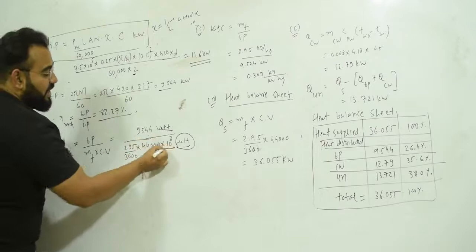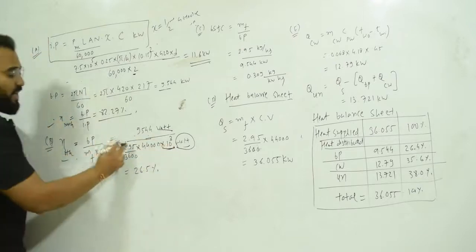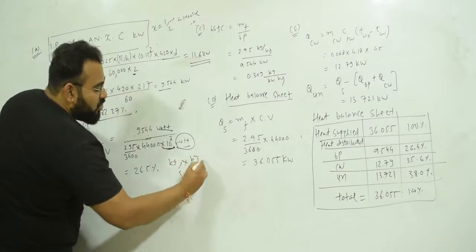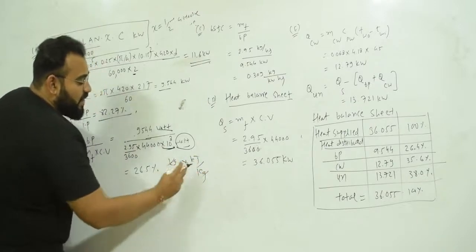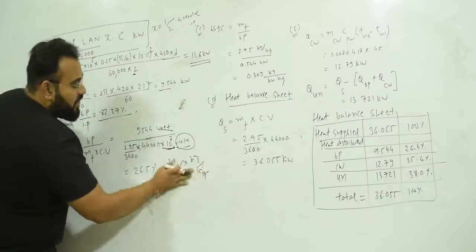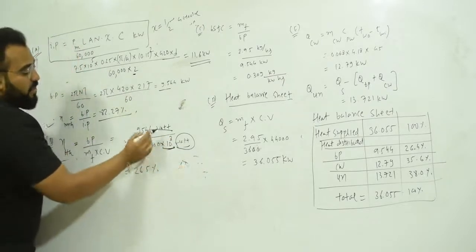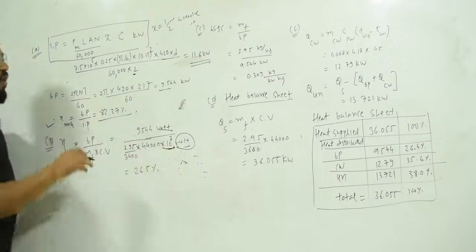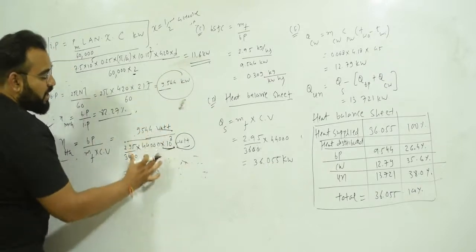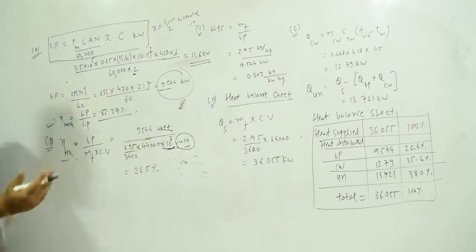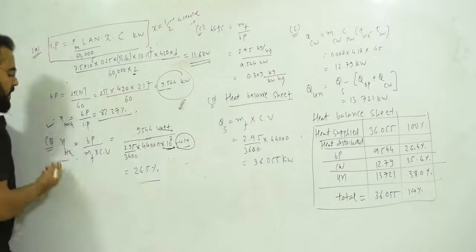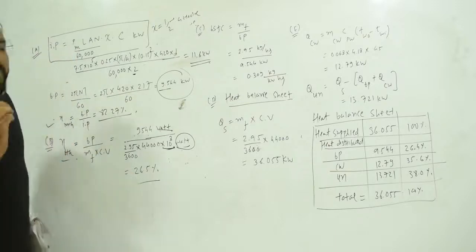So that is why here 10 raised to 3, because you know that this is mass flow rate in kg per second, calorific value kilojoule per kg. So kg gone, kilojoule per second, so this is kilowatt, but I will multiply by 10 raised to 3, so it will be watt. Or you can directly take the kilowatt value, and here also you have to put the kilowatt value. Whatever you want to do, you can do it both ways. So here you will find braking thermal efficiency, which is 26.5%.